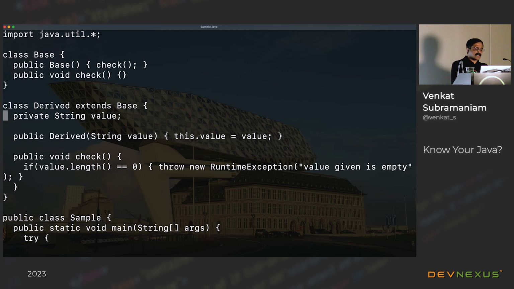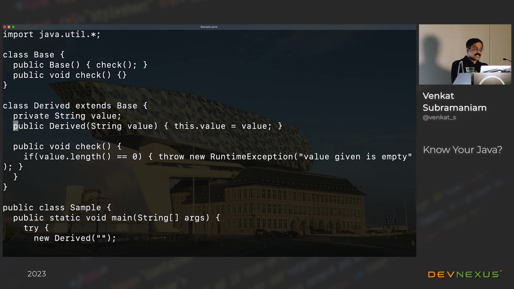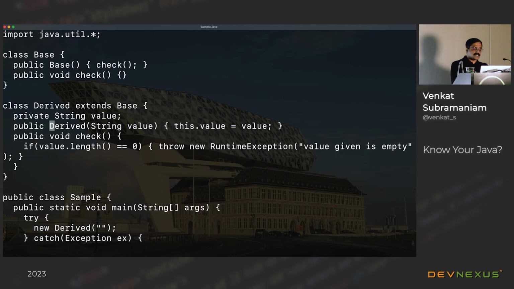Then you have a derived class where you have a string. The derived constructor sets the string's value to this dot value. The check function in the derived says, if the value dot length is 0, then throw runtime exception, value is empty, and tells us the value is actually empty. So that's the code we have so far.